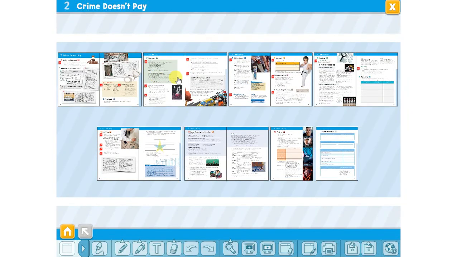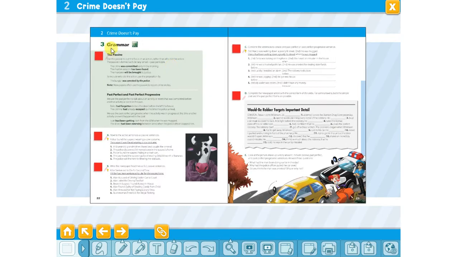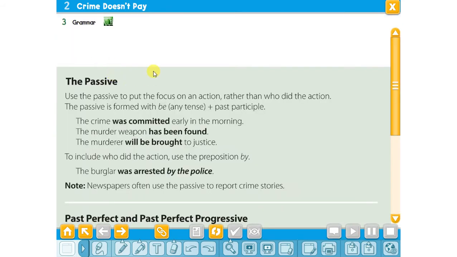Today we are going to take a grammar lesson. It is on page 22. Turn your book to page 22. The passive. The passive. When I say passive,